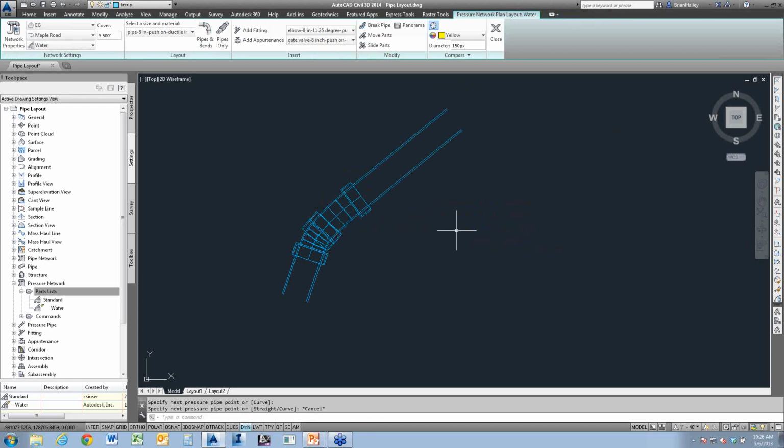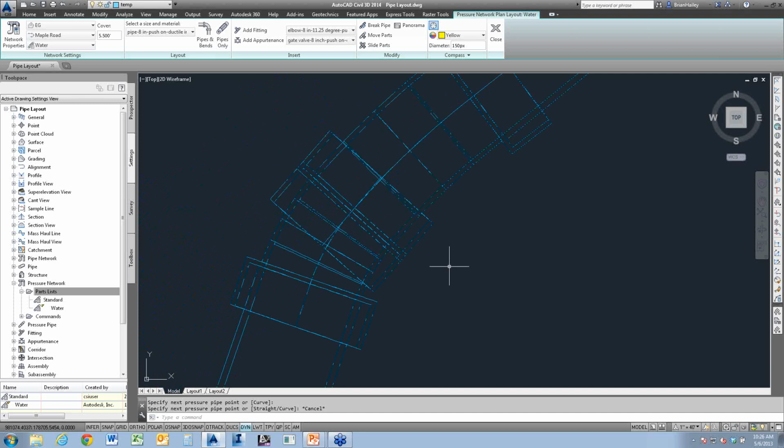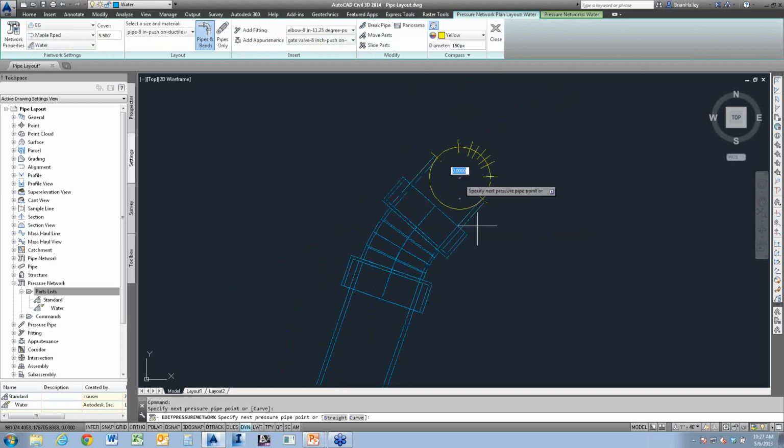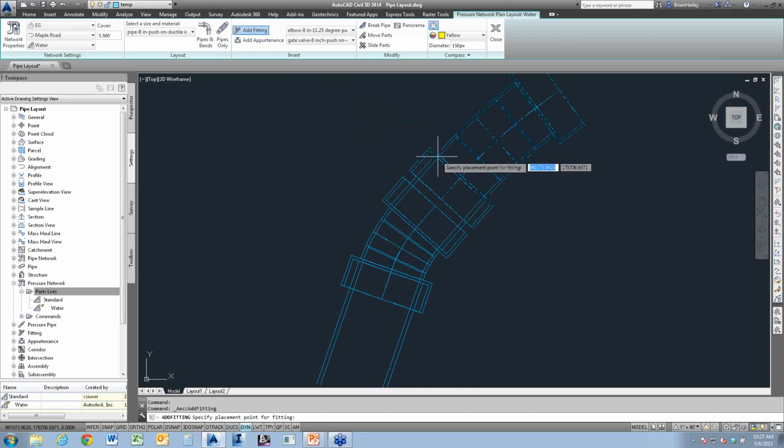Now, some of the other parts lists, for example, the mechanical joint parts list, have parts that have the bells on both ends and then just a pipe and a bell. So you can combine them a little bit easier using that, but as you can see, they overlap here in this case. So these particular fittings don't really lend themselves to this process, but there are some fittings that do. So in this case, I'd probably just put in a short little pipe, something along those lines, and then I would add in my 11¼ degree bend off the end of the pipe there.